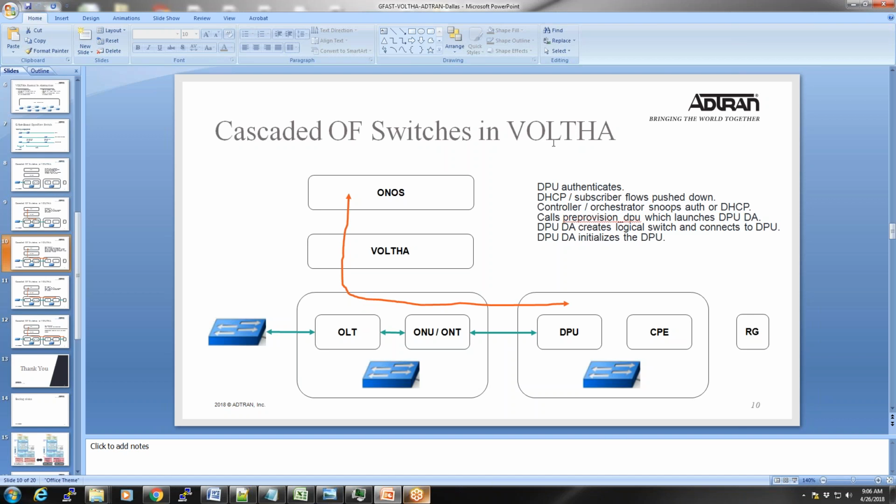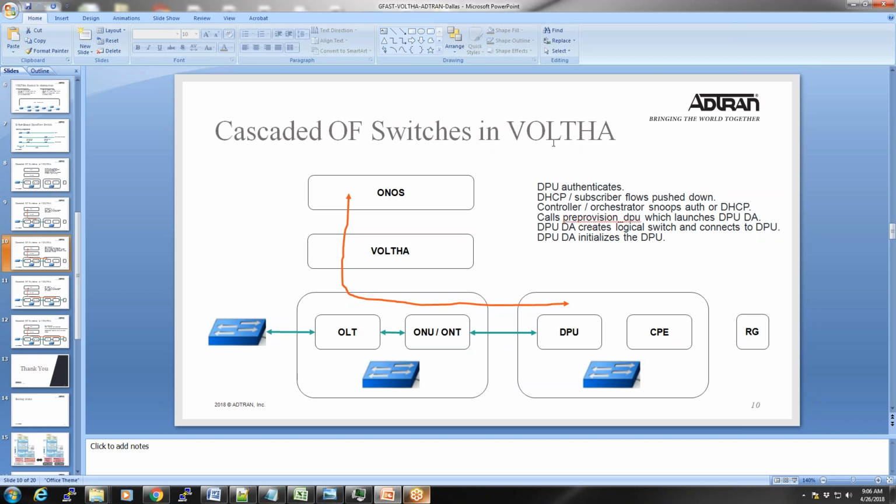And then just as an OLT begins with a very simple flow construct, the DPU would be as well, allowing for discovery and connectivity of CPEs or G.fast RGs, but still keeping the G.fast termination point as the link up in order to show the OpenFlow world that a port up has occurred, and then begin to take action to prescribe the exact same flow sequences that you would from a subscriber perspective, creating a cascading of OpenFlow switches, allowing you to manage this either from an intention perspective across all of them,